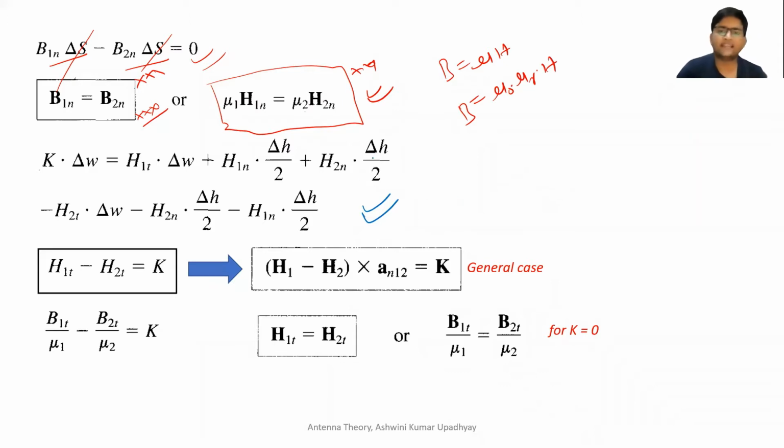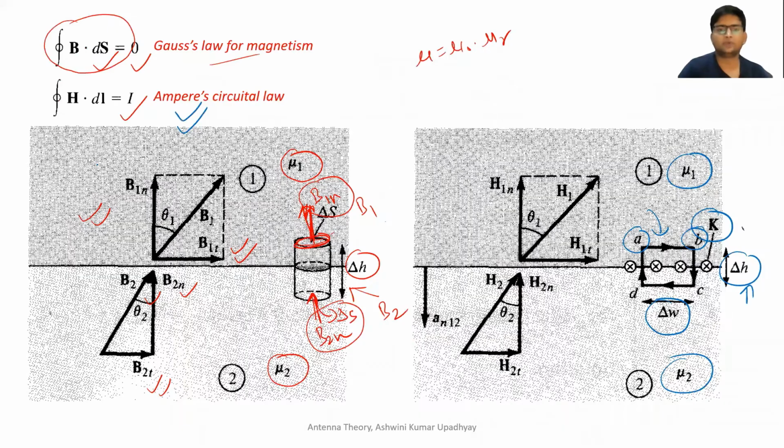So as you know, delta H is very small, so these components will be zero. We can neglect these components, and we will only be left with this component and this component. So as you can see, the closed integral of H with respect to a closed curve should be equal to the total current I enclosed inside that curve. So here, the ABCD curve that we have taken,